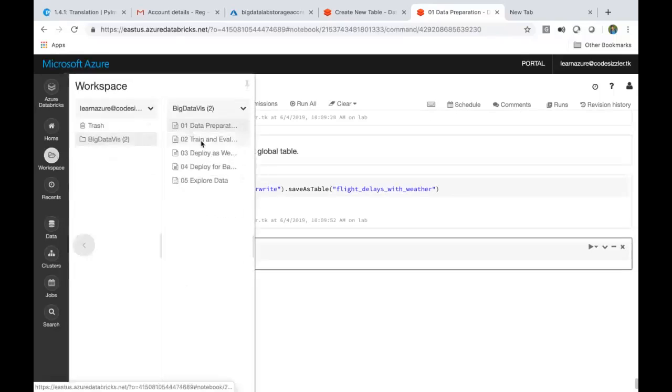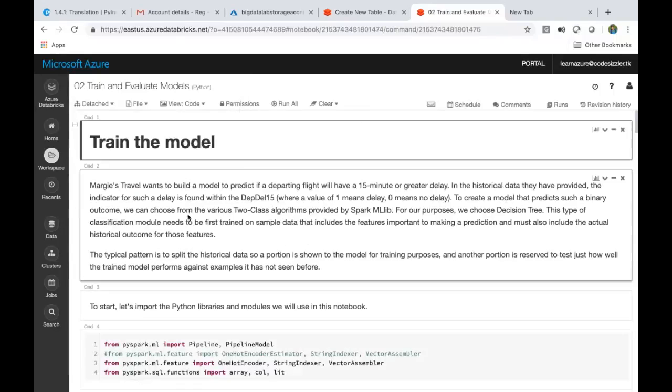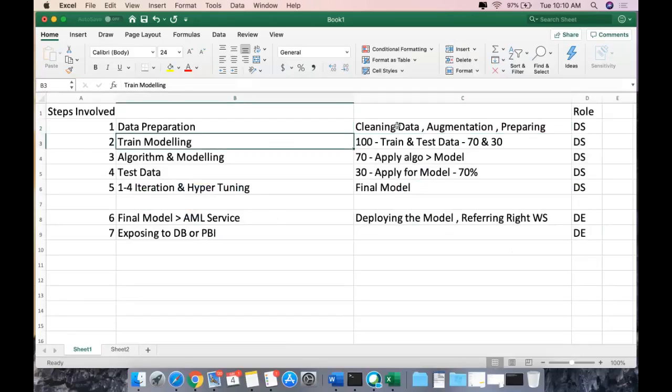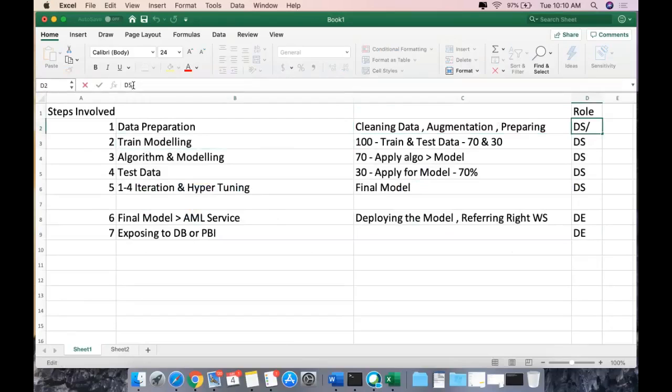So I'll go to the second one now. Once I have done this, the next step is training the model, right? We have done the cleaning and everything, and we have exposed it to data scientists. Maybe we can do it, or even he can do it. It is not only him. It can be done by both because we have more control over the data. But he wants to see the patterns inside it, so it's up to them. Or we can both work together and do it. But this phase is specifically for data scientists.